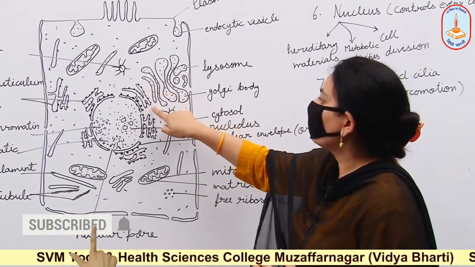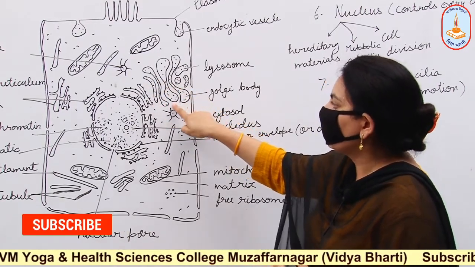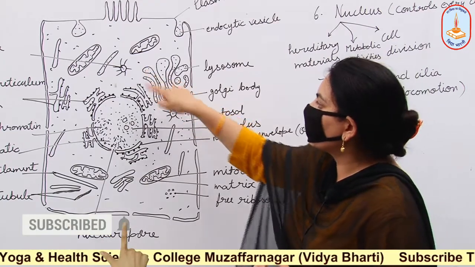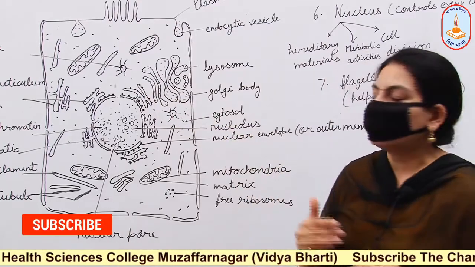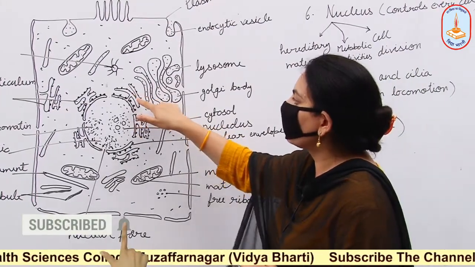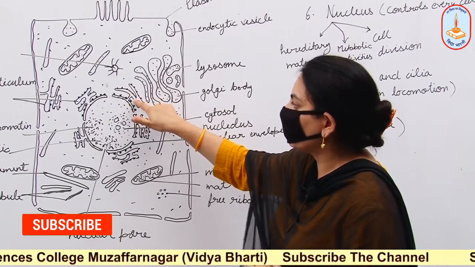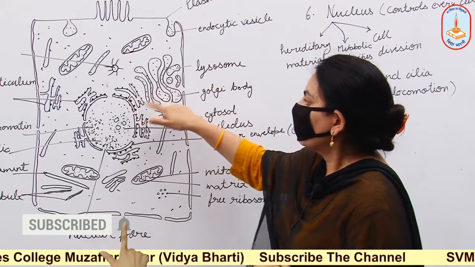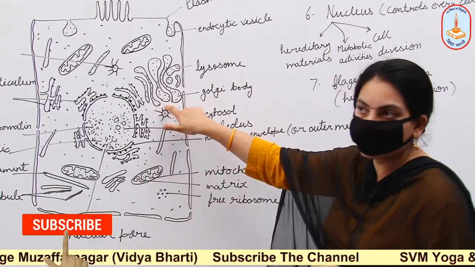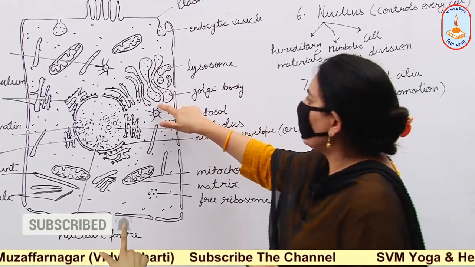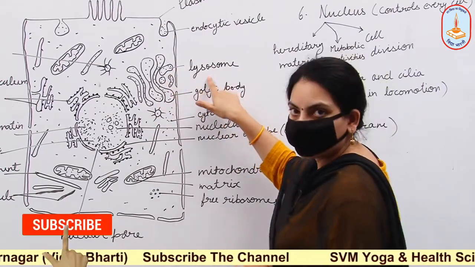On the outer side of the endoplasmic reticulum, Golgi bodies are present. These are made up of vesicles. These vesicles carry material that is prepared by the ribosomes. As we know, ribosomes help in protein synthesis. That protein is stored inside the endoplasmic reticulum. From the endoplasmic reticulum, these proteins enter into the Golgi body, and the Golgi body helps in processing and packing of material, and after packing, it removes these harmful materials outside of the cell.